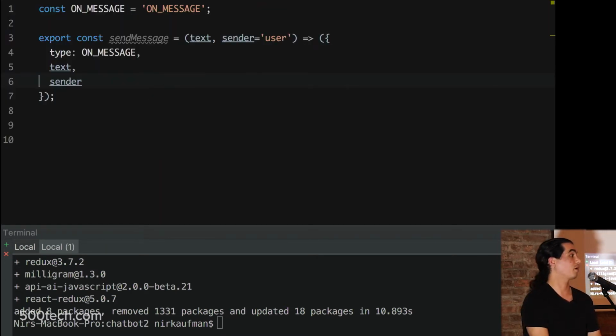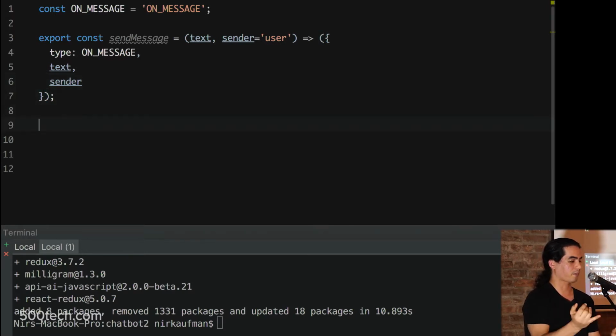This is my workflow when I work with Redux. It actually starts with me thinking about the messages, and sometimes I write a small POC on the same file before it's split into multiple reducers and action creators and all this stuff, just to see everything in one file. All right, we've got an on message. We've got a send message action creator. Now we need